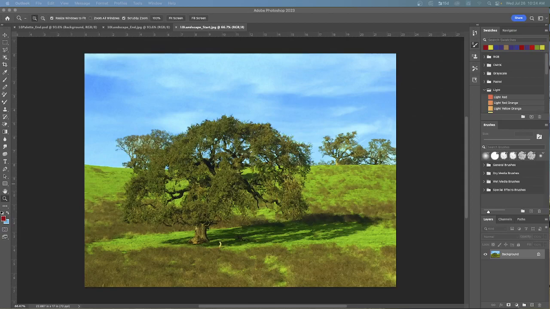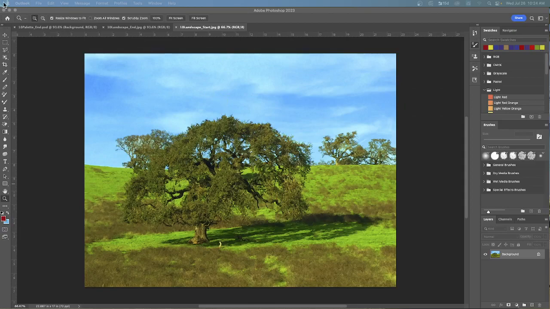So earlier we mixed colors with the white background and with each other. Now you'll use a photograph as your canvas. You'll add colors and mix them with each other and with the background colors to transform a photograph of a landscape into a painting. So choose File and then Open, and then we're going to open this landscape, and then